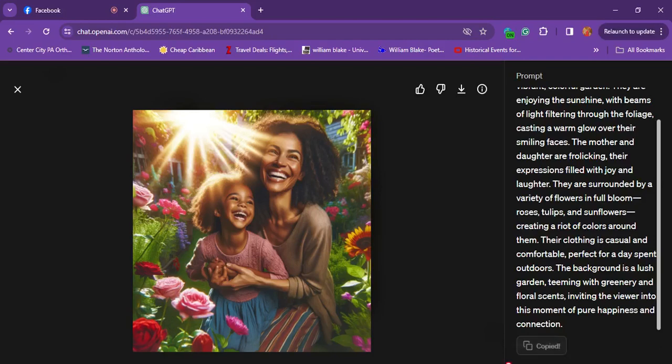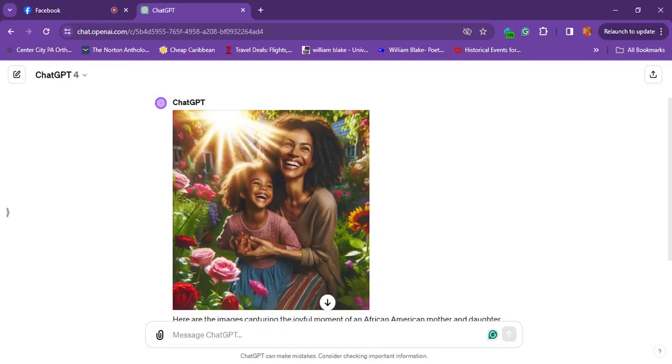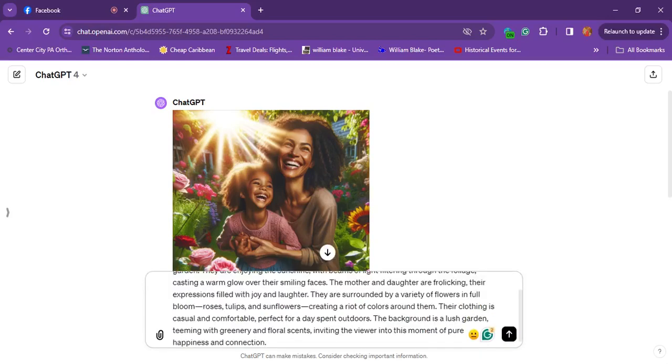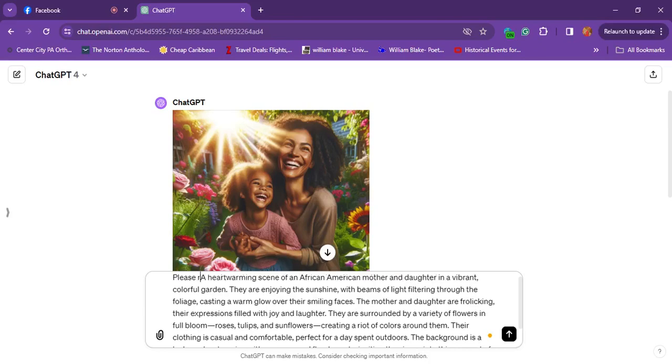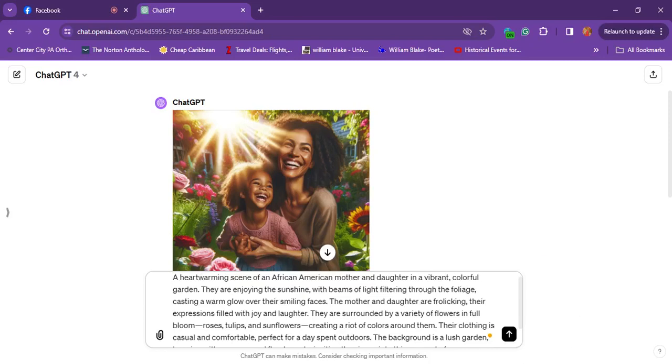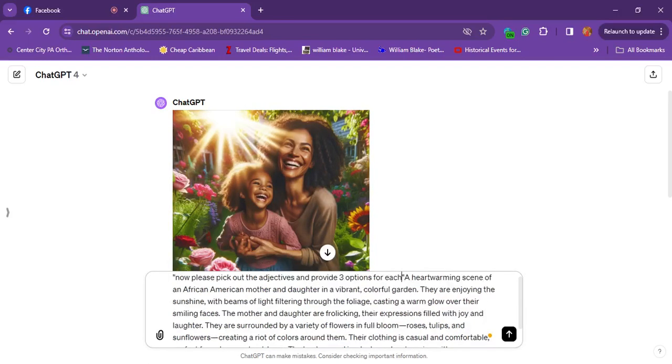So I'm going to go ahead and copy this prompt. Now I will paste it in here and go up to the top. I will now ask ChatGPT to please remove, wait a minute, let me make sure I'm typing this the right way. You have so much on your mind, sometimes you forget. So, handy dandy sticky note always comes in to play. So, I will actually copy the command that was on my sticky note, which says,